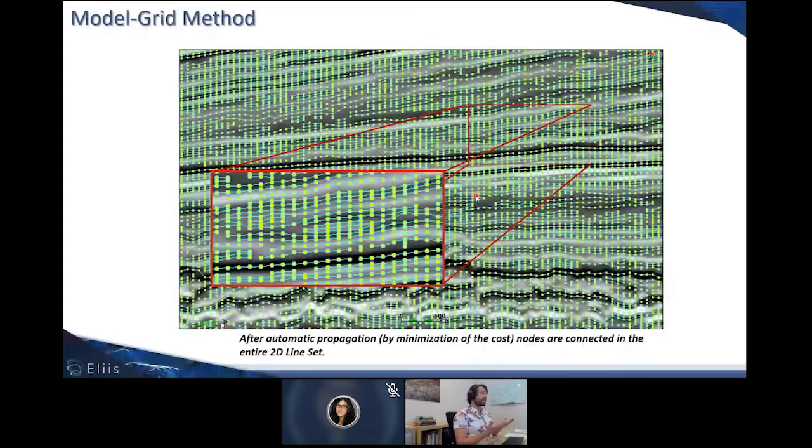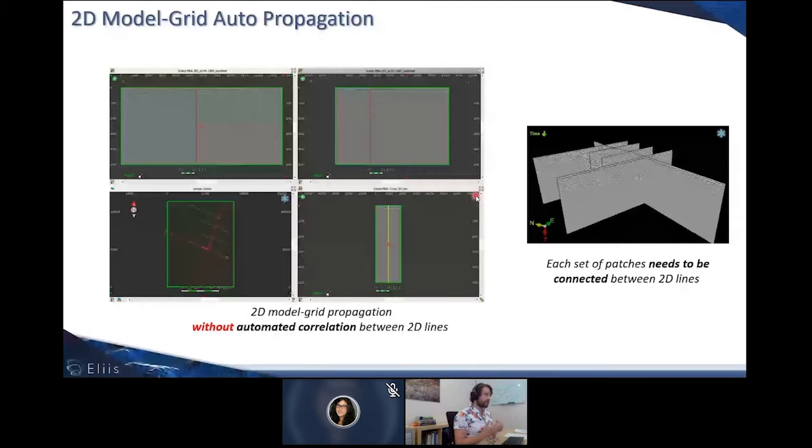And then, once the nodes have been created, Paloscan automatically propagates, and then the interpreter has to reconnect and correlate the different lines together. So this is an option available in Paloscan.